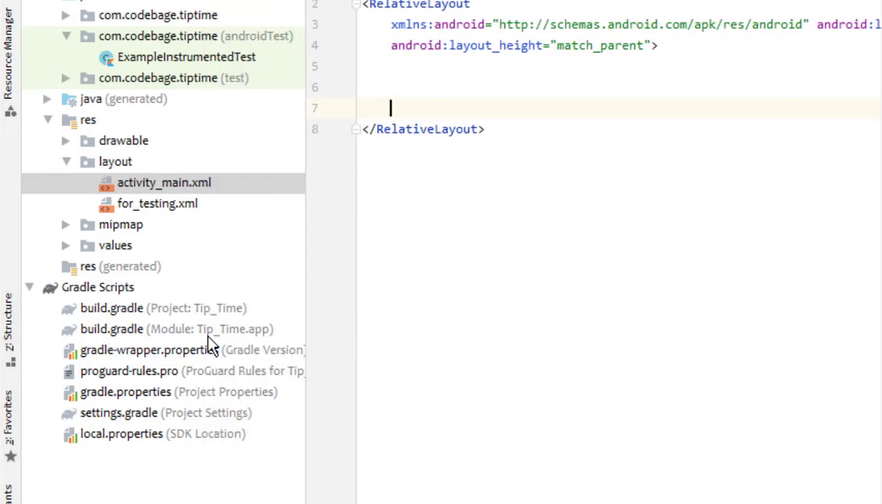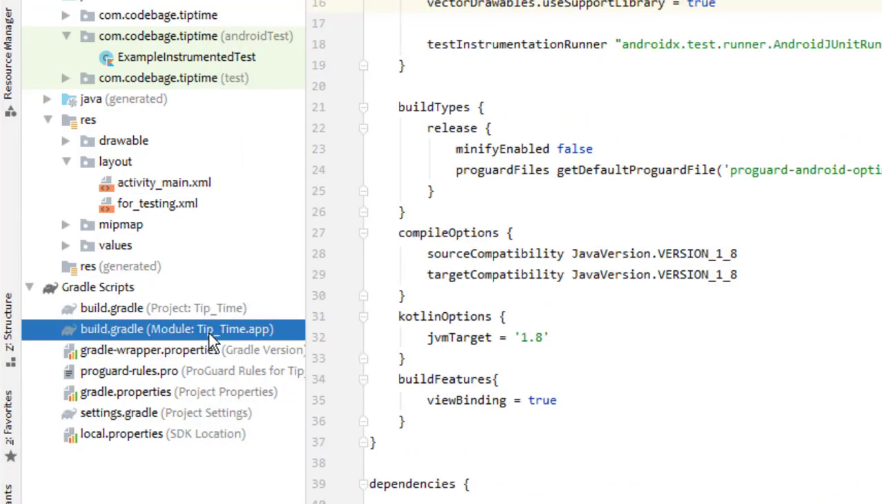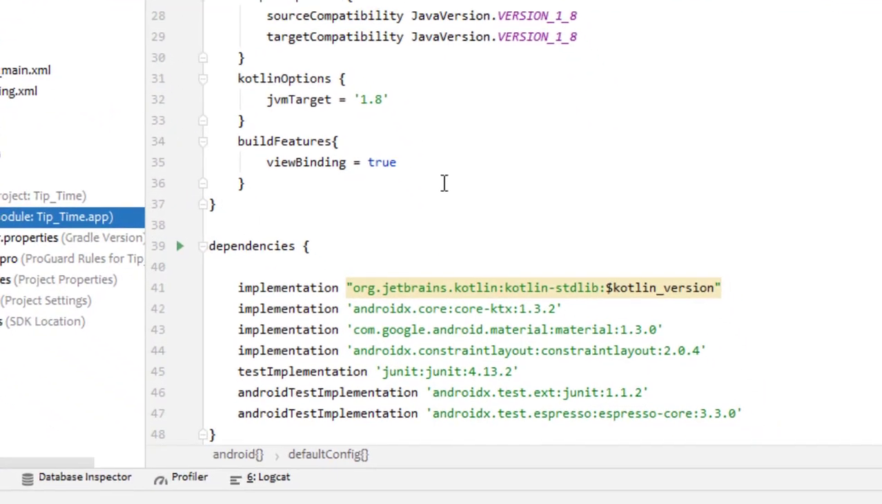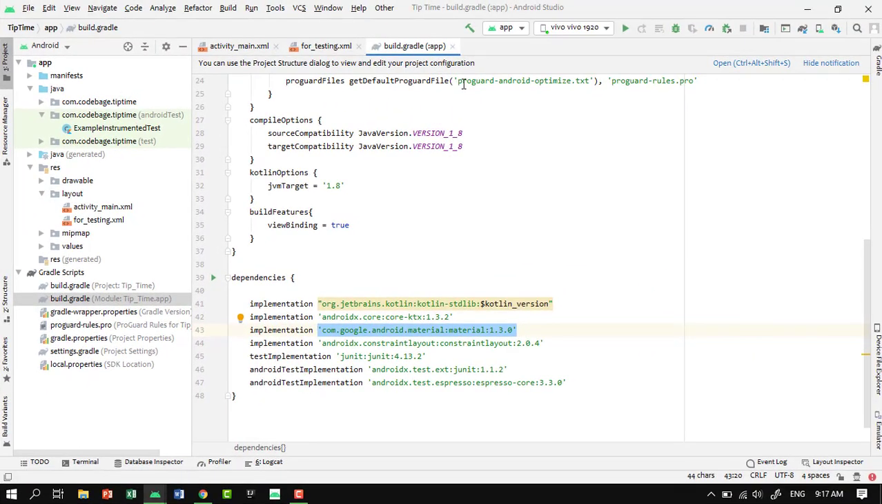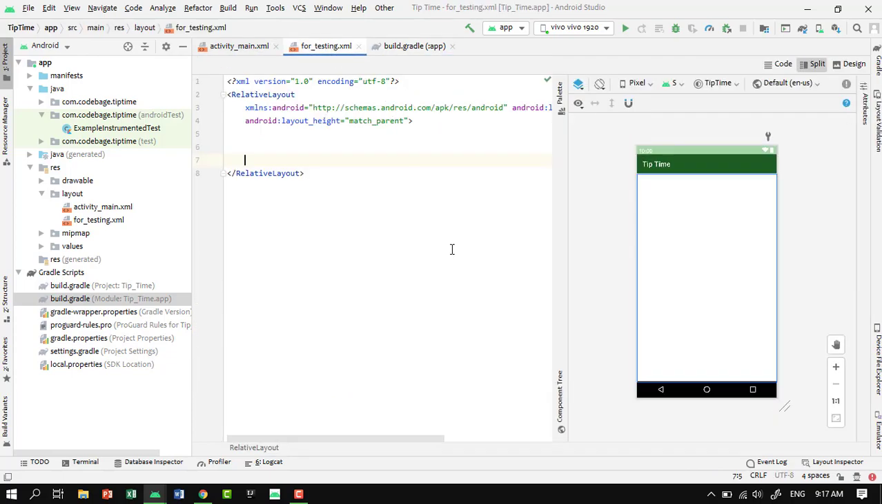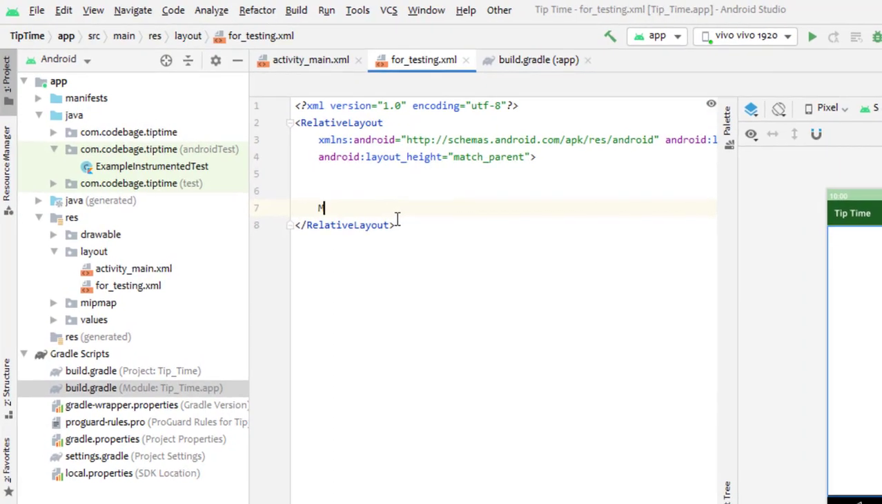After this, you need to check the build Gradle file for your app, not for your project, and check the material design dependency, this one. If you already have this, then you don't need to update your build Gradle file. Go to your XML file and here just add